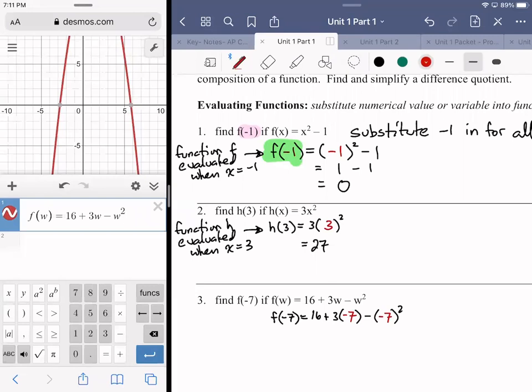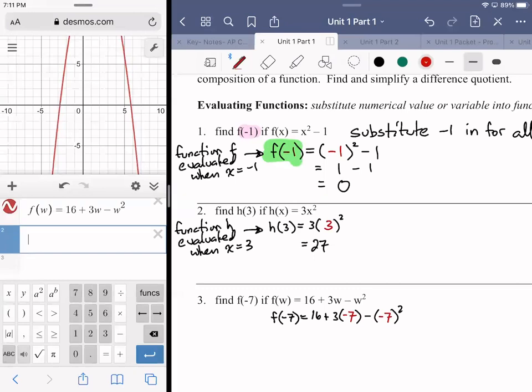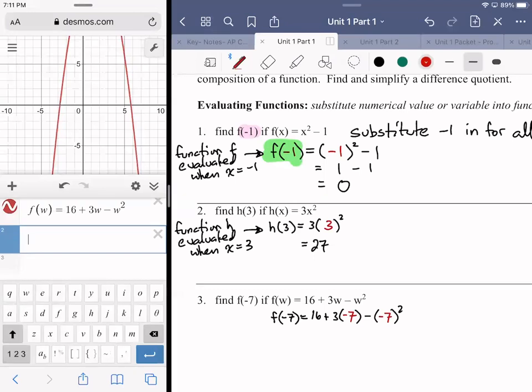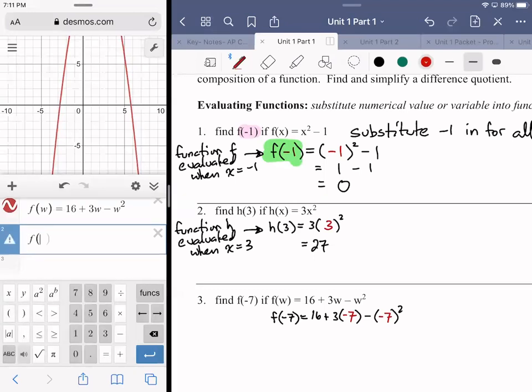The only thing with Desmos that you might run into an issue with is sometimes there's letters that are reserved as variables. So if you try to use them, Desmos gets confused. But you could also have just written this with x's instead of w's, right? And then type in f of -7, and you get -54,